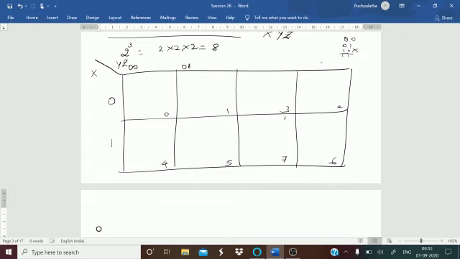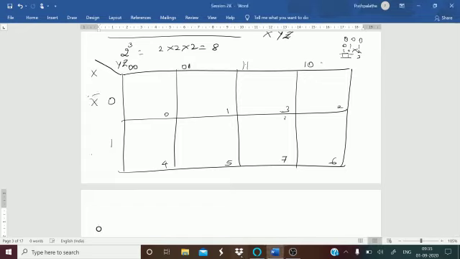This is not valid because in a K-map, only one variable has to change at a time, or only one literal has to change at a time. So what we are going to do, this 1 and 0 we are changing it over here, and this 1 and 1 will be written here. Okay, so 0, 1, 2, 3, 3 comes here. So now what happens? 0 changes to 1, 1 remains as it is. So only one variable can change at a time. And next, in the next part, 1 remains as it is and 1 changes to 0. In the same way, if you have 4 variables, here also the same thing happens.